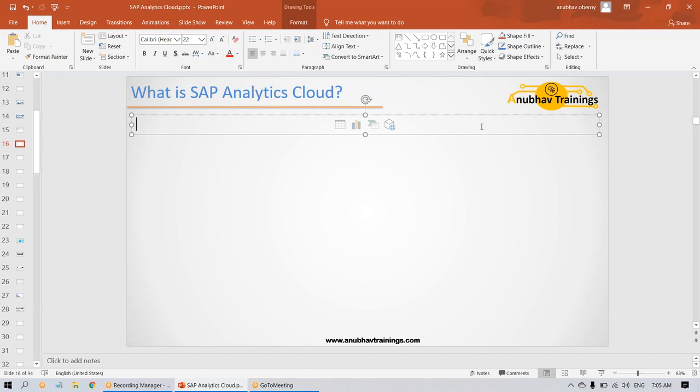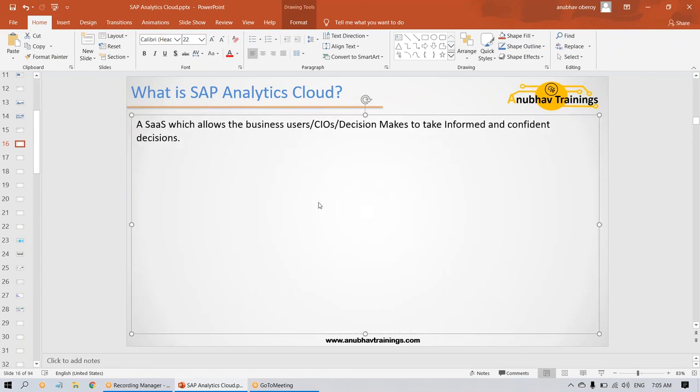So SAP Analytics Cloud is actually a software as a service, as you already saw in the definition, which allows business users, CIOs, and decision makers to take informed and confident decisions. So this is important, this is the pitch you need to use whenever you're talking to somebody about SAP Analytics